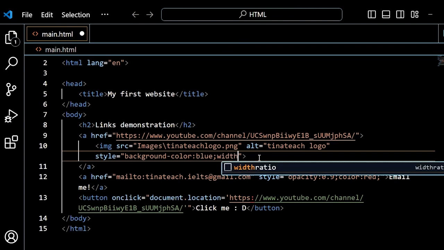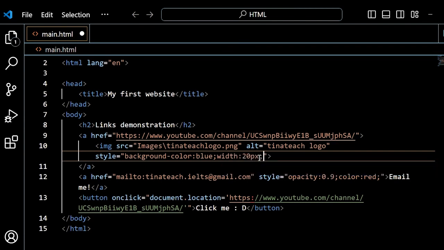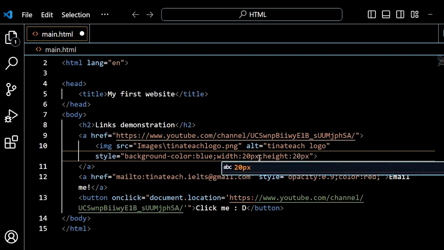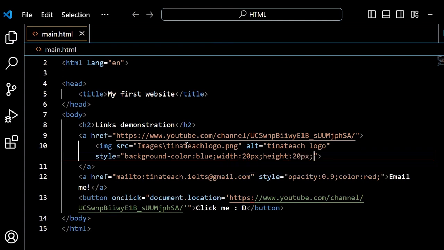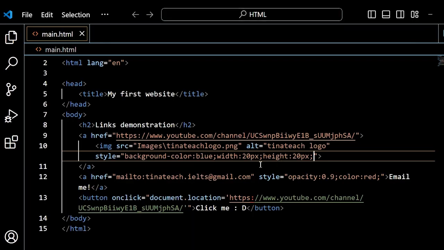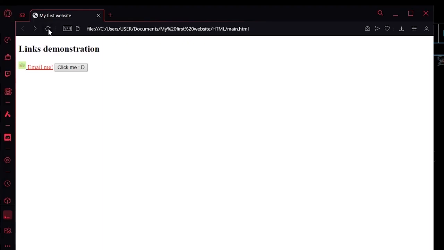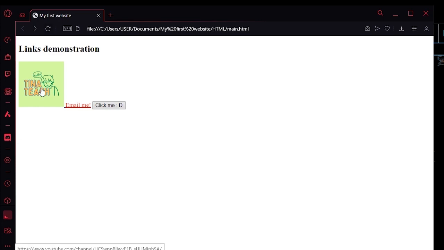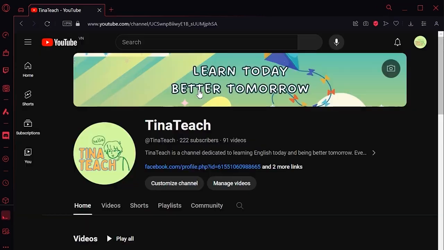Let's do width is 20 pixels and height is also 20 pixels. Okay, save. There we go, that's better. That's way too small though. Let's make it a bit bigger. 120, 120, Control S to save. There we go. So if we click on the image, we go to